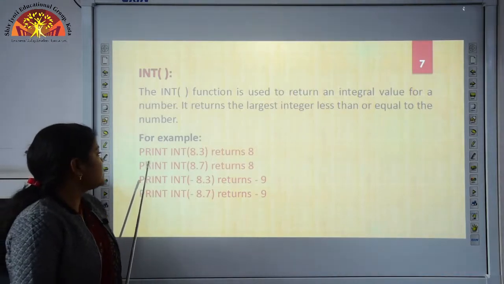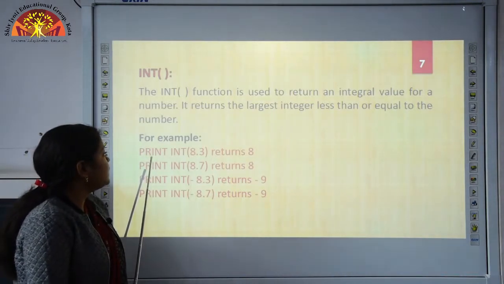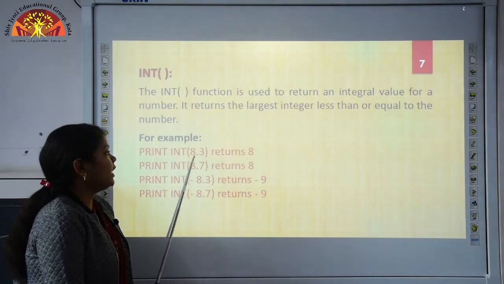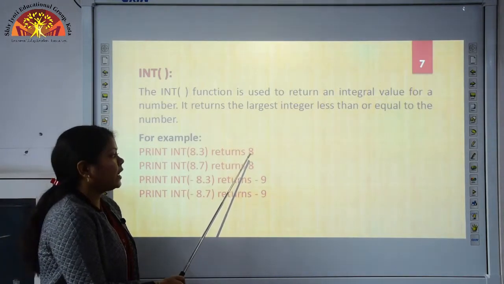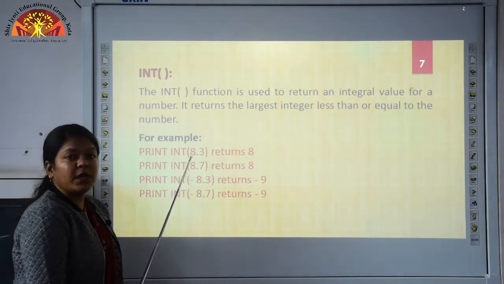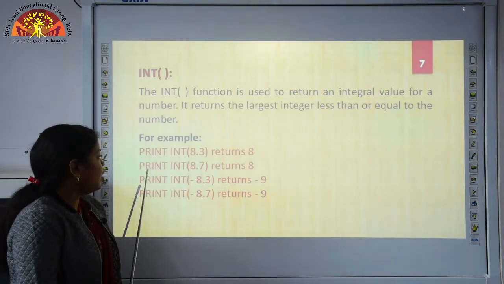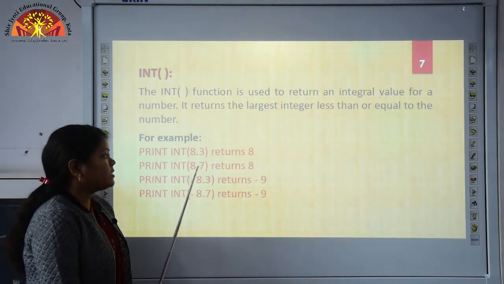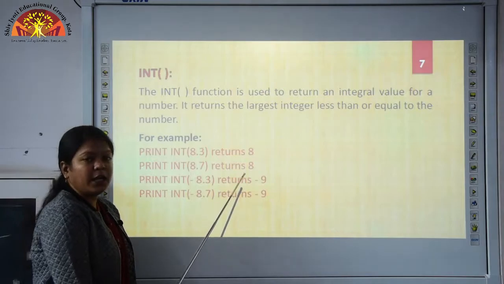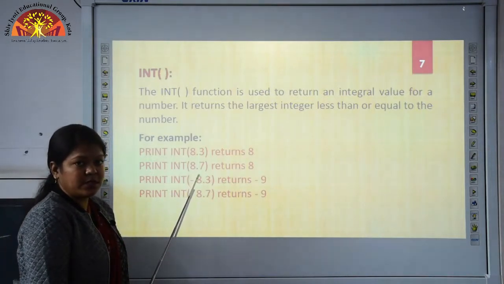For this, in the first statement I have written PRINT INT(8.3). This statement will return 8, because here integer 8 is less than the number 8.3. In the next statement I have written PRINT INT(8.7), and this statement will return 8 because 8 is less than 8.7.